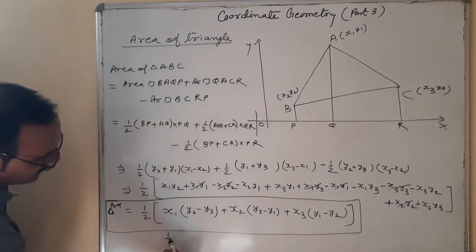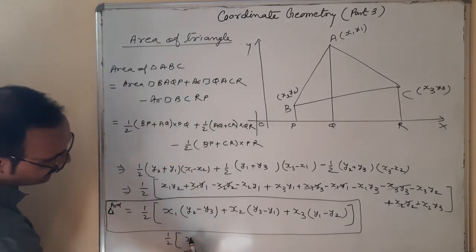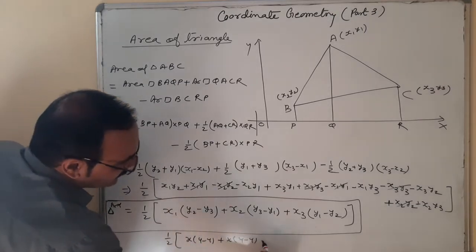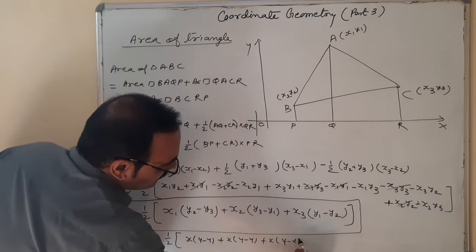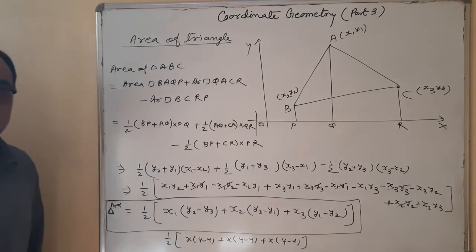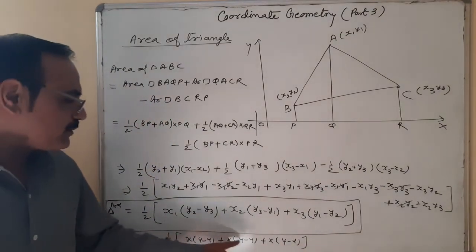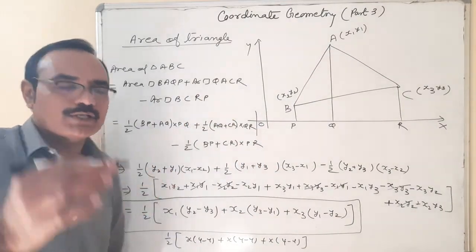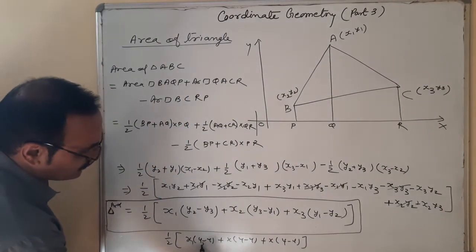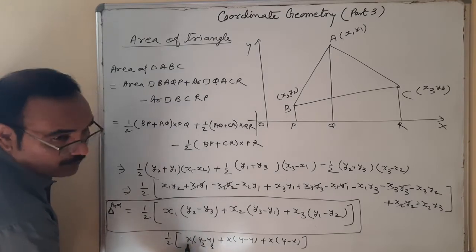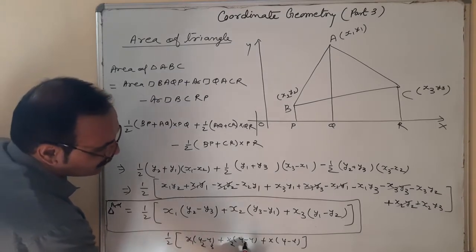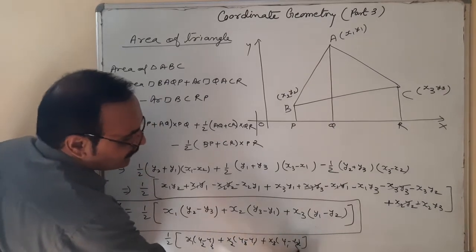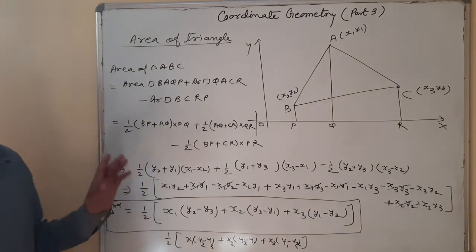Is right here simply x1 upon 2 x y minus y plus x y minus y plus x y minus y. Simply you can remember this outside x y minus y. And now you are putting the values 1, 2, 3 sequence wise, starting here from 1. So now start from 2, 2, 3, 1, start from 3, 3, 1, 2. Okay. So this is a formula of half outside.